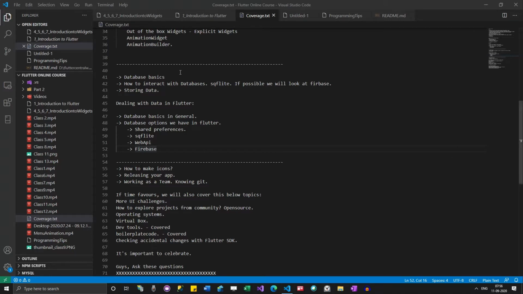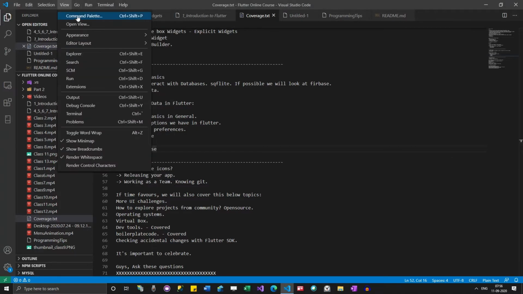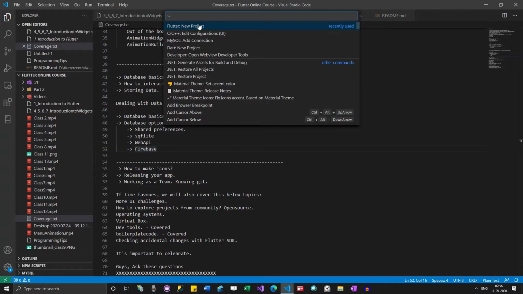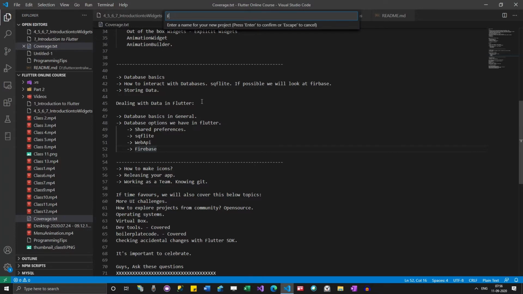I'm going to create a new project here. We are going to develop a small messaging app where people can post their message and everyone else who is using the app can get the update. So I'm going to create a project. Let me give some random name: Firebase one example.